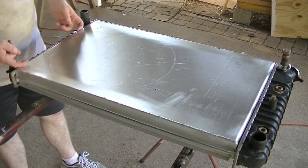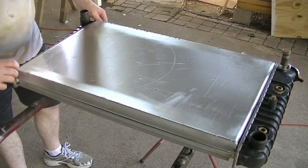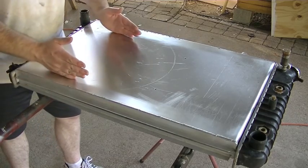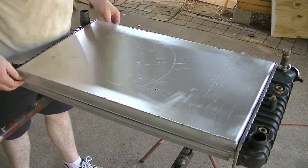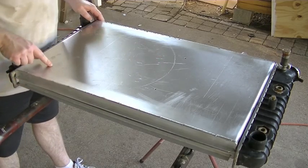This side actually needs to go up a little bit, and the interference is the thickness of the weld bead there. So I'm going to have to take the grinder, take some material off of there so that I can get this to almost kind of twist just a little bit, but it's not much. It's about a 1/16 of an inch. So I can live with that. That's not a problem. So let me go do that, and then we will set up and cut out this